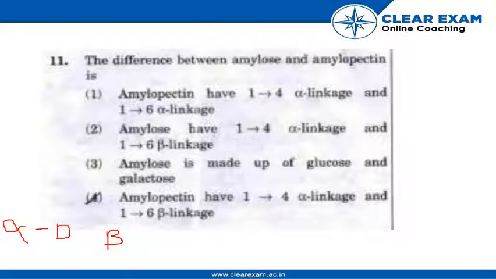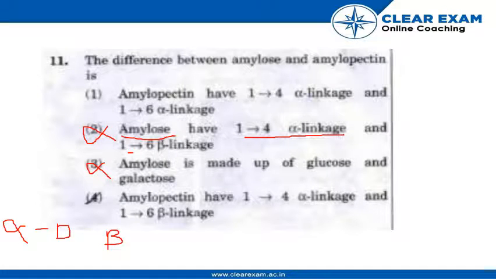Amylose only has 1 to 4 alpha linkage. Okay, but it does not have this, so the second is wrong and this is also wrong. It's not made up of glucose and galactose. Okay, whereas